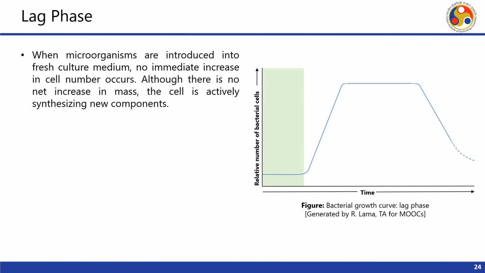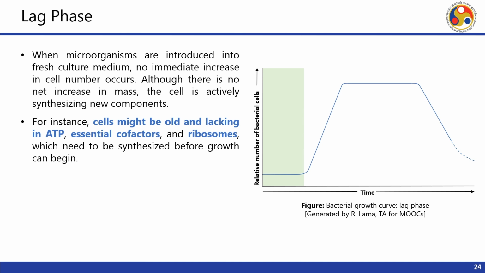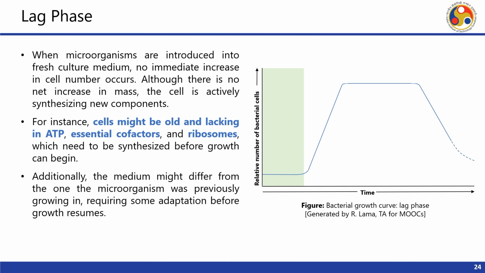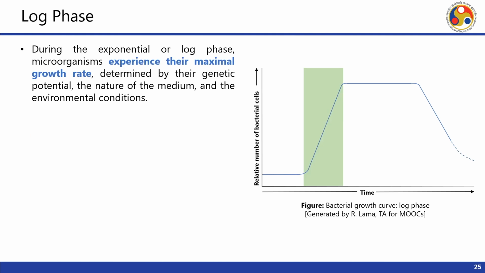So, when the microorganisms are introduced into the fresh culture medium, no immediate increase in cell number occurs. Although there is no net increase in mass, the cell is actively synthesizing new components. For instance, the cells might be old and lacking in ATP, essential cofactors and ribosomes, which need to be synthesized before growth can begin. Additionally, the medium might differ from the one the microorganism was previously growing in, requiring some adaptation before growth resumes. During the exponential or the log phase,